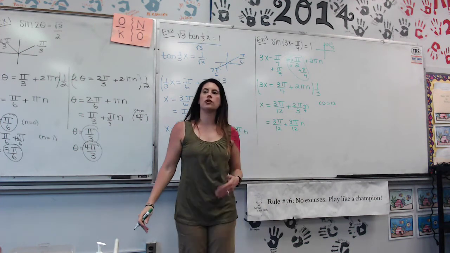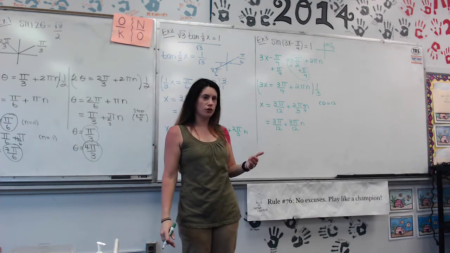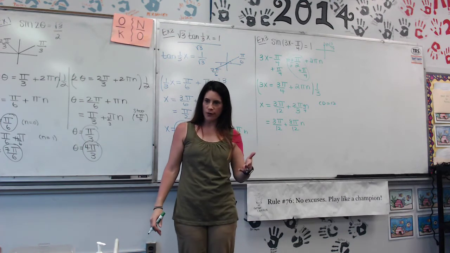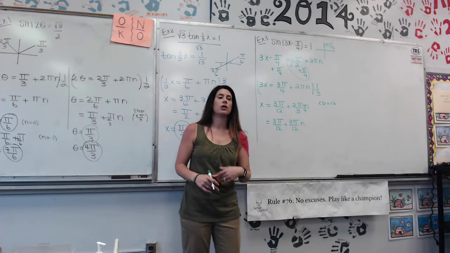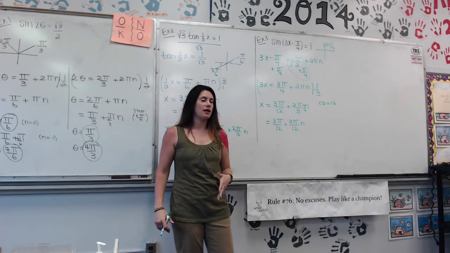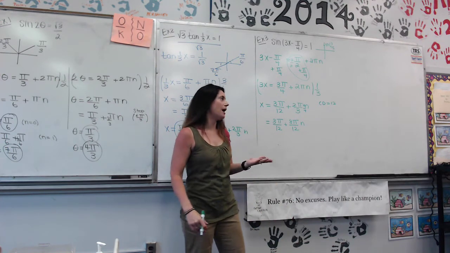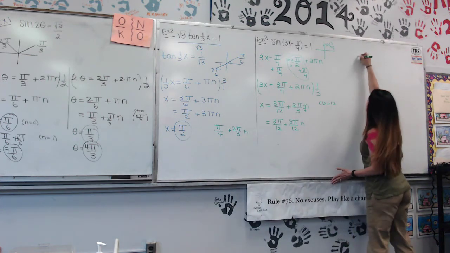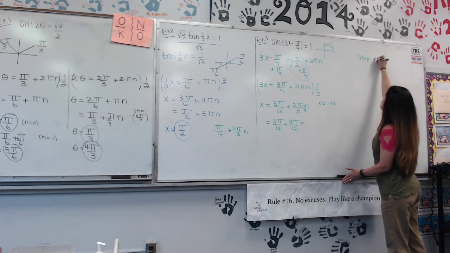And now what you have to do is add 8 pi over 12 over and over and over again. That's what that n value is. You're going to add it over and over and over again until you go beyond 2 pi. So what is my stopping point? I'm going to stop when